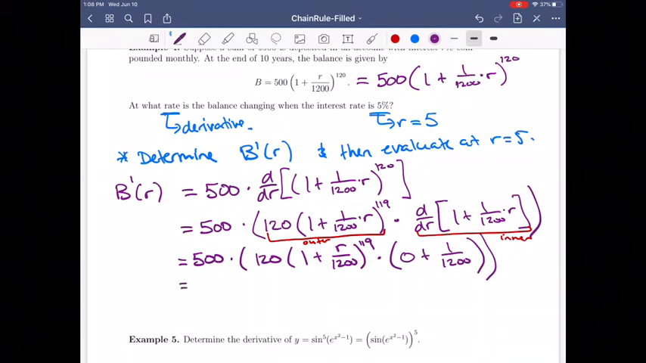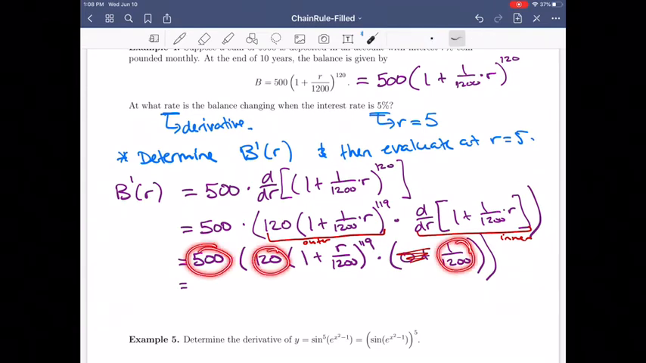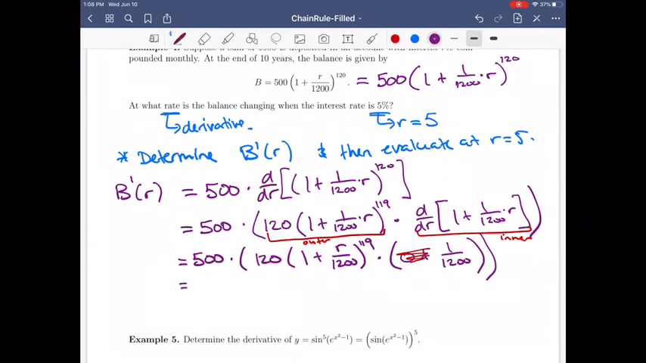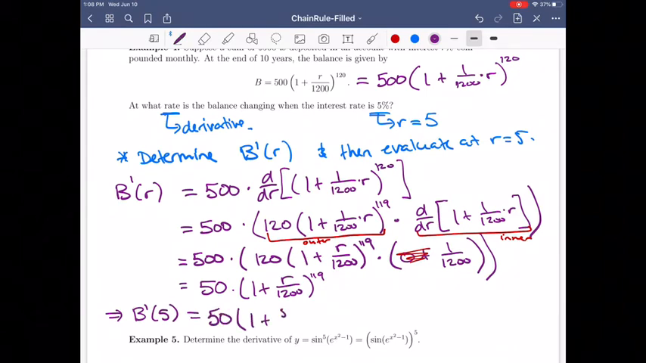Okay, so now when you simplify everything, this part over here is just a number. The 0 doesn't need to be there. So I can take this number times this number times this number. When I do that, I just get the number 50. And then I'm going to have 1 plus r over 1200 to the power 119. Now I can plug into b prime, I can plug in r equals 5. So that's going to be 50 times 1 plus 5 over 1200 to the power 119. And if you compute that, you get